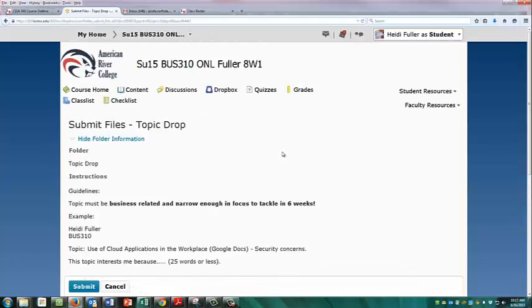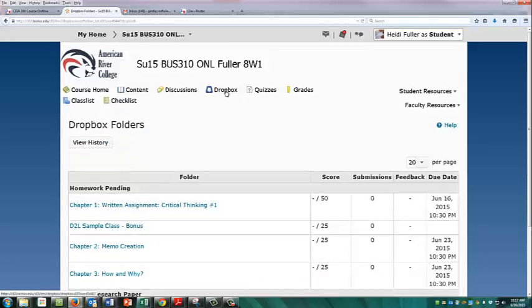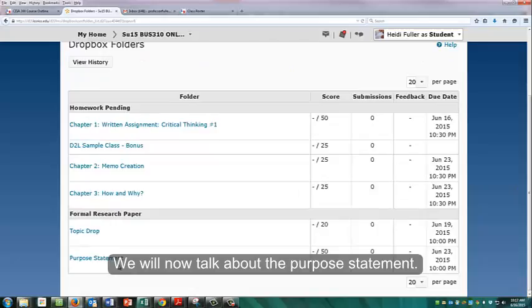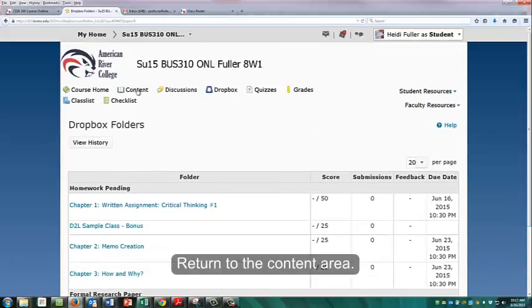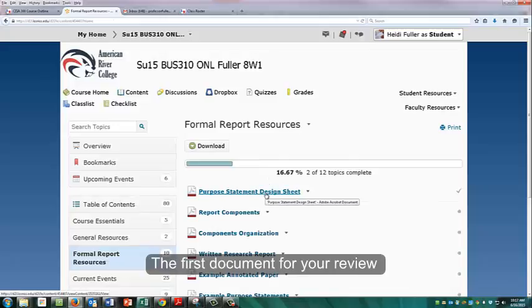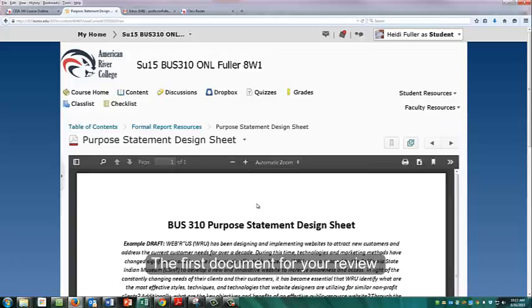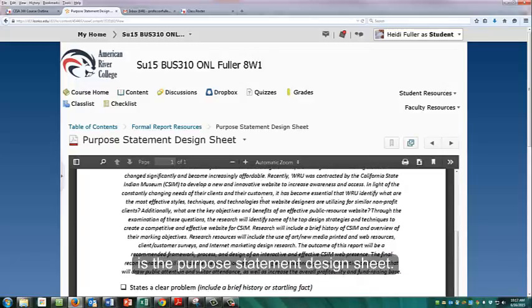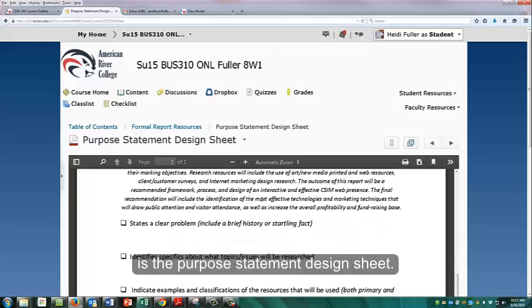So let's go back to the next step. The next step is going to be your purpose statement. In the Dropbox, I've placed a folder for your purpose statement. Our goal is to have your purpose statement done by June 23rd. So what is a purpose statement? Well, in the content area, what I've done is I've placed something called a purpose statement design sheet. What you're doing is you're composing a brief paragraph, no more than 5 to 7 sentences, that does 4 of